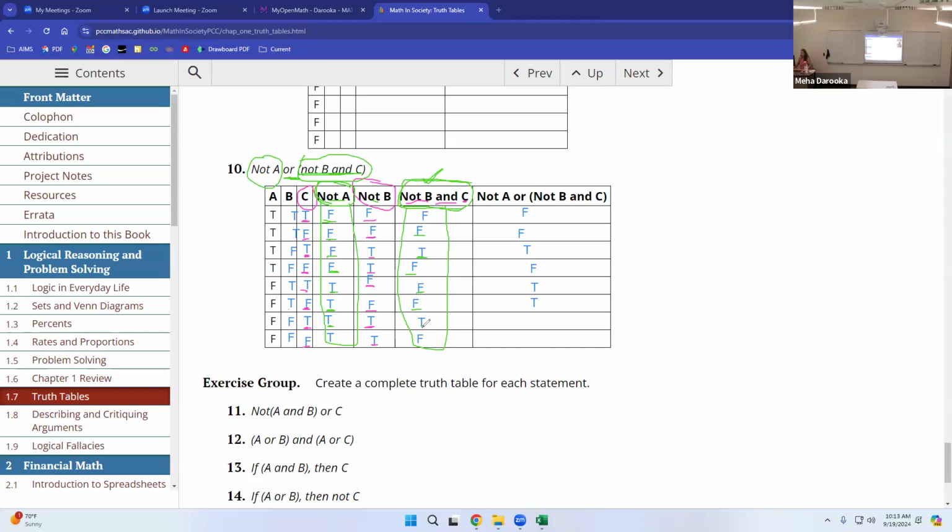Row 7, you've got both of them as being true. So of course, that means the or statement is true. And the last one also has a T in there. So since you have one truth value here, E happens to be false, but because one of them is true,